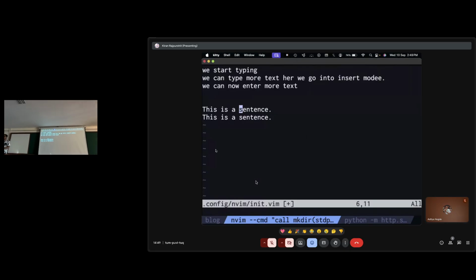So you see this sentence here? If I go to the start of the line, press Y, this is the yank, copy verb, and then dollar. What this will do is that we move to the start, we start the yank verb, copy verb, and when we press dollar, we give a motion.